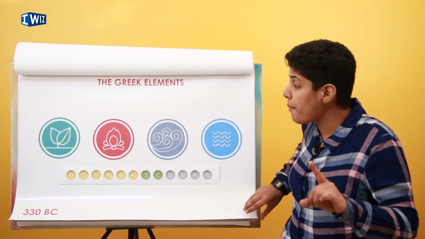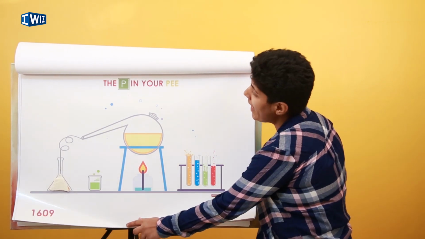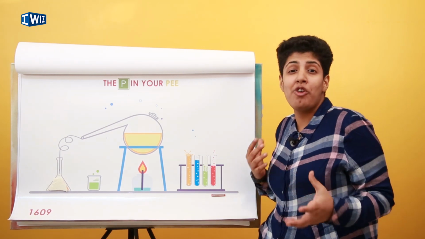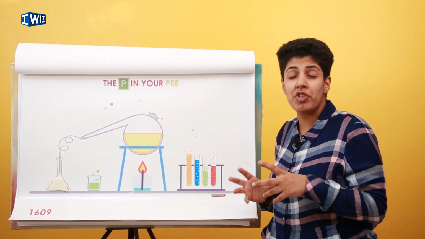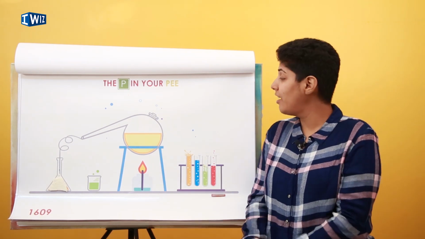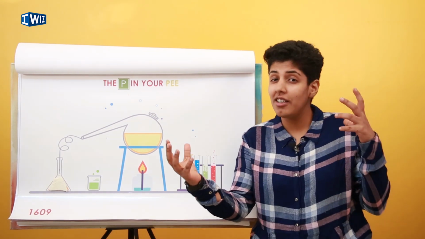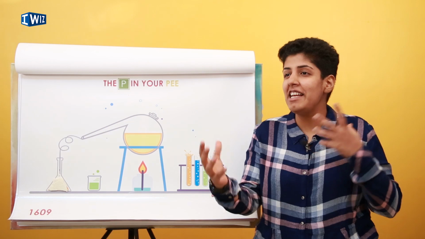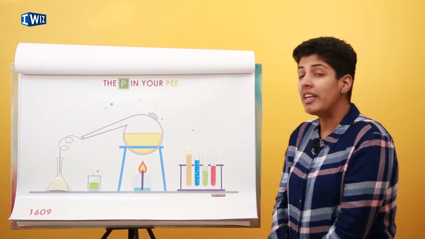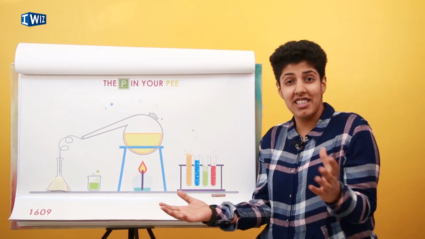All right, so now after about 2000 years, in the year 1609, we have Henning Brand. He was an alchemist. What he was trying to do is find the philosopher's stone, which basically is this mythical substance that, if it touches any inexpensive metal, turns it to gold. And what he did for that is he figured urine is gold, and if I heat up a lot of my urine, maybe I can find this philosopher's stone. So he collected lots and lots of urine. He aged it till it started really stinking.